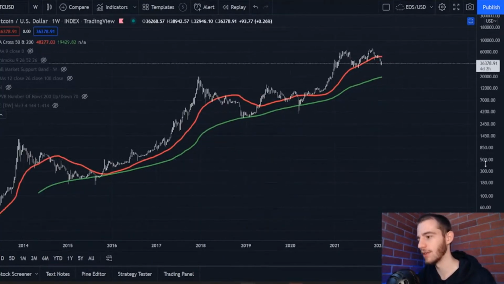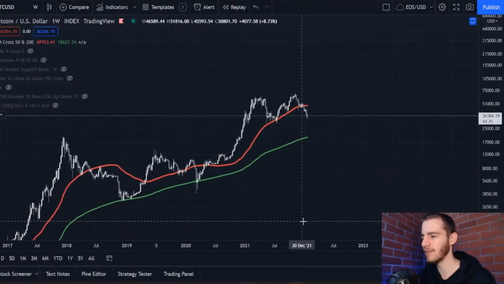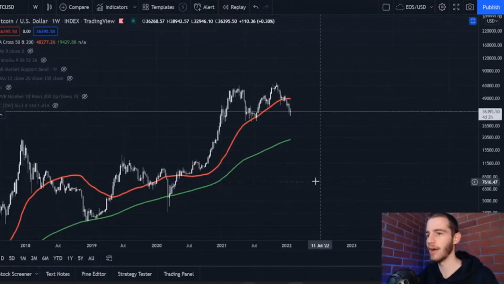This is not just a Bitcoin thing. You can go on many, many altcoin charts, and even Ethereum, I'm pretty sure, and you can see this play out endlessly. So that is the